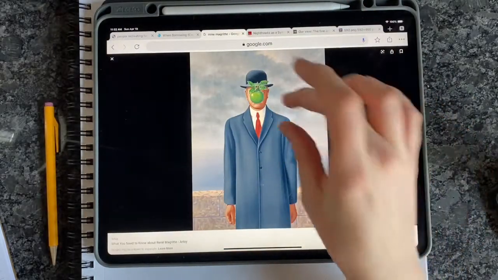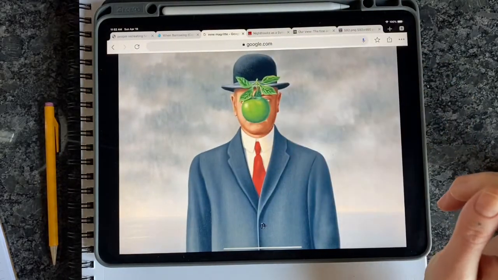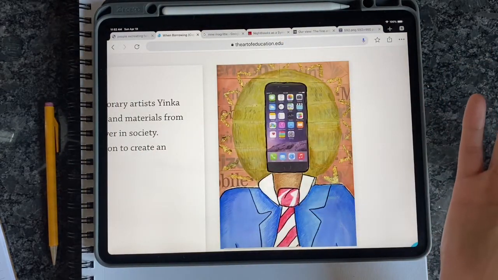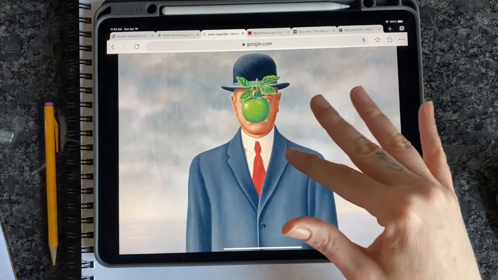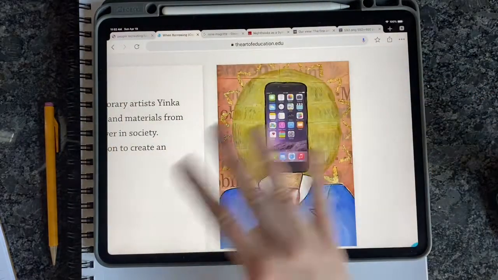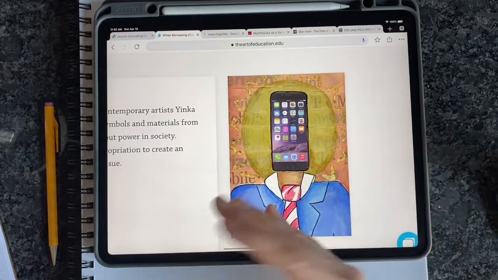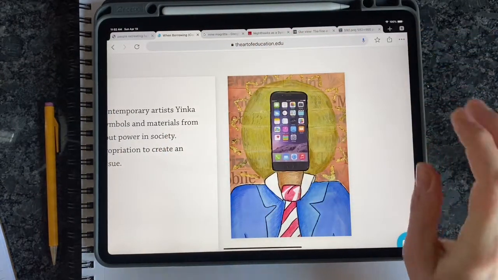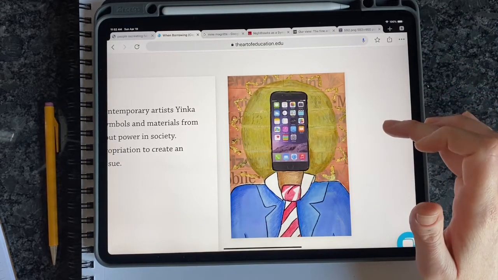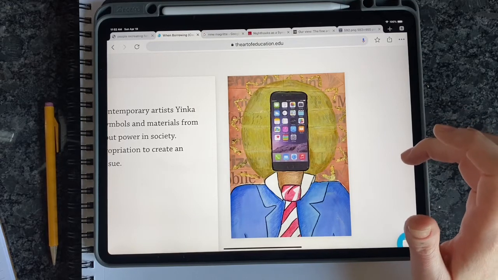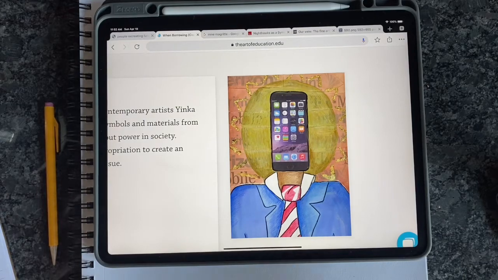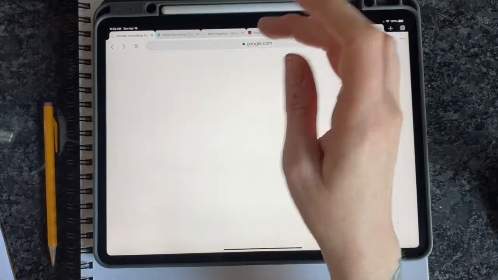Whereas this one, the apple being there had a completely different meaning, right? Taking the apple away and replacing it with a phone is changing what the meaning of the artwork may be. We didn't really dive too deep into this one, but I think we can all know just from taking a glance at it that the meaning has been changed. While we can see the reference to this artwork, it's definitely not a direct copy. The artist is not trying to pass this off as their own, but they are changing the meaning of it. So I hope that appropriation and plagiarism are making sense to you and that your understanding of that.